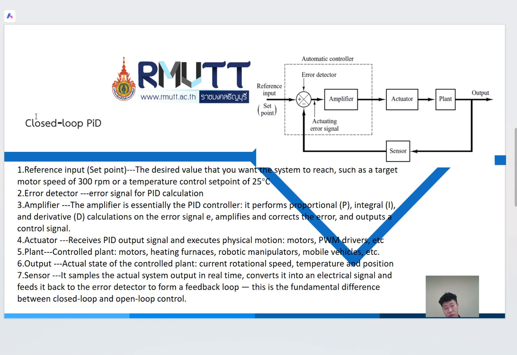It performs proportional, integral, and derivative computation on the error signal, amplifies and corrects the error, and outputs the control signal. Actuator: receives the PID output signal and exerts physical action,